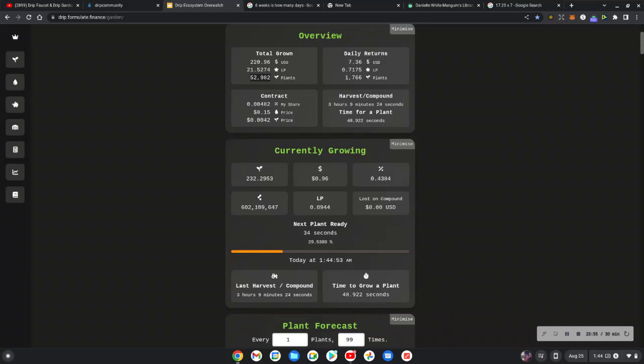Just keep compounding. That's the key to the whole thing. I haven't even put money in here since I first started. I put $300 in here when I first started, when the plants were $6.80, so I got fewer plants for $300. Now the plants are less than a penny, so I can get more plants for $300, but that's the way it is.